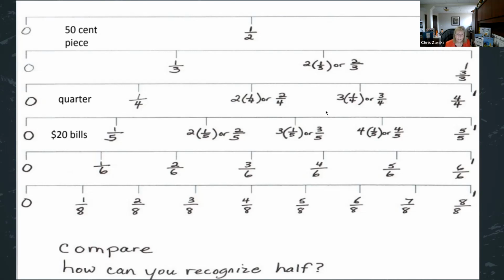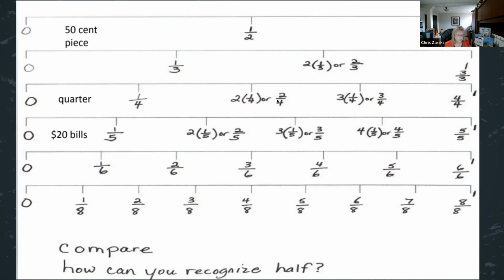A student should, in the end, be able to look at any fraction, like 7/8, and say those were 7 1/8 jumps. One of your outcomes is that any fraction can be expressed as a number of unit fractions. 7/8 would be 7 1/8 hops down the number line. That's how students should be able to unpack the understanding of a unit fraction to any size fraction.